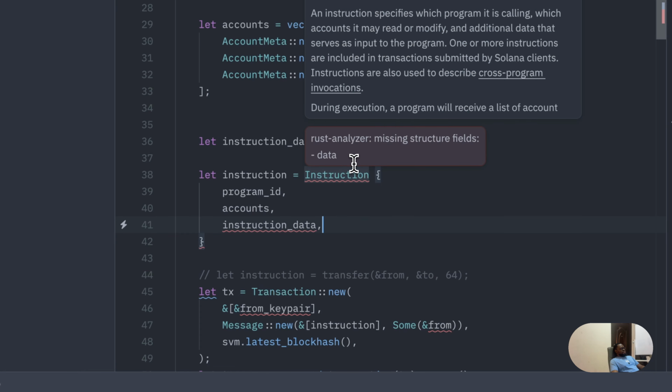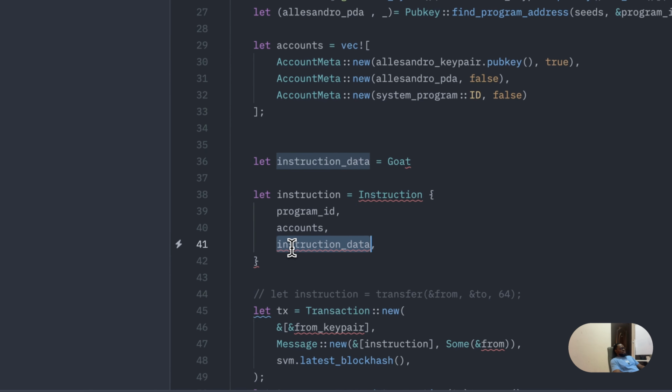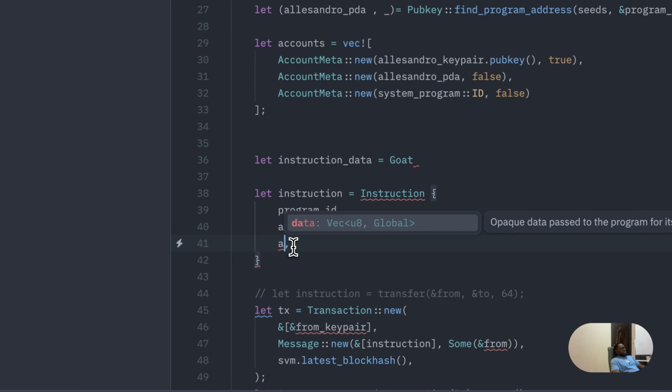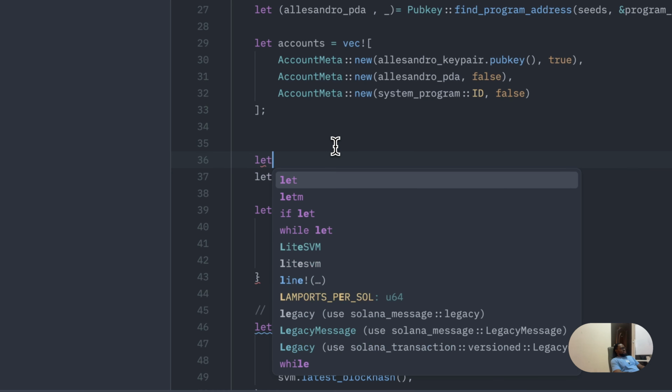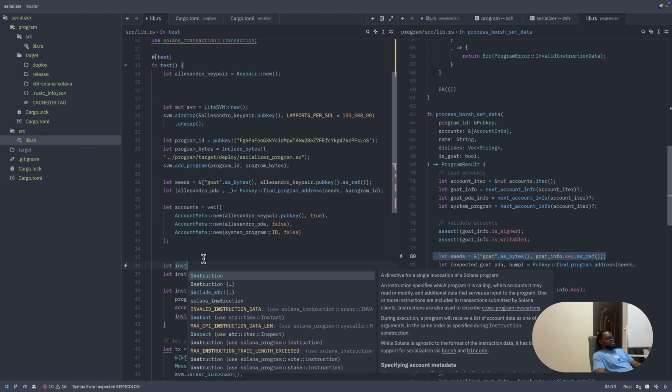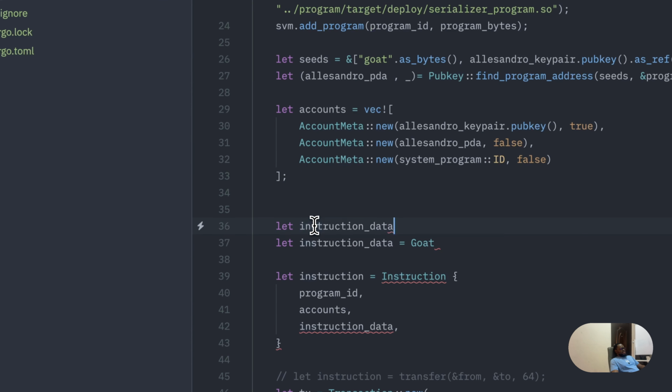Instruction data. What's data supposed to be? Give me a minute. Oh, it's supposed to be a vec. Okay, good. So here, let's say let's instruction data equals to